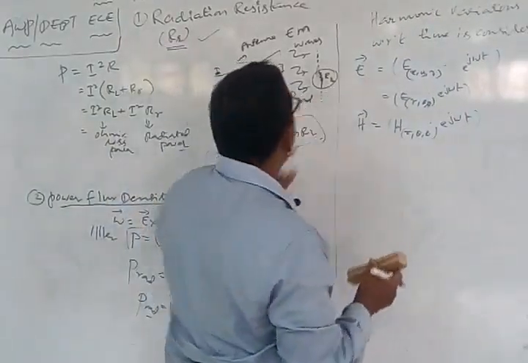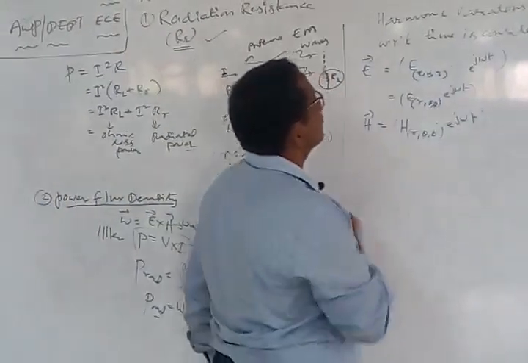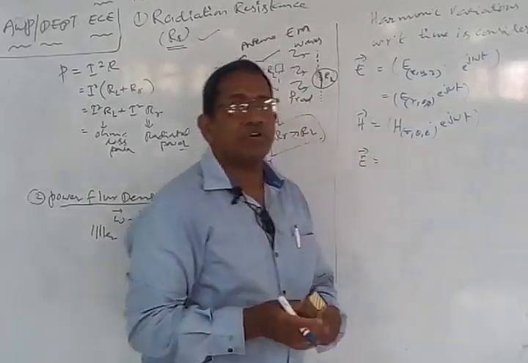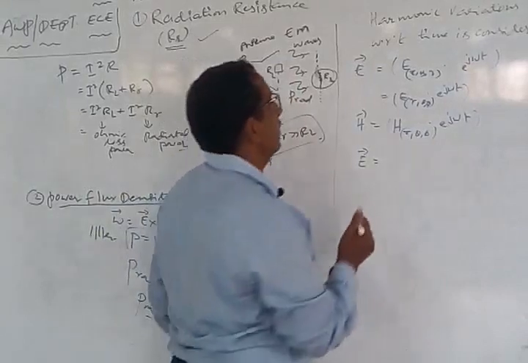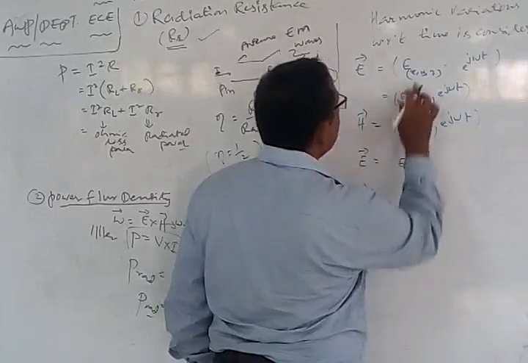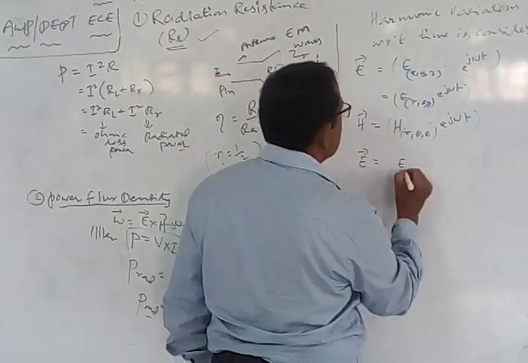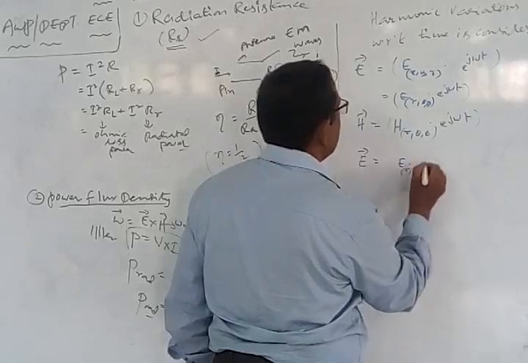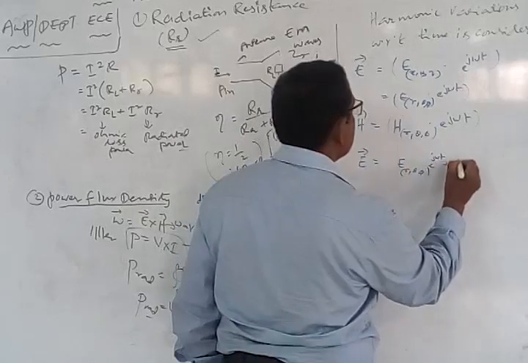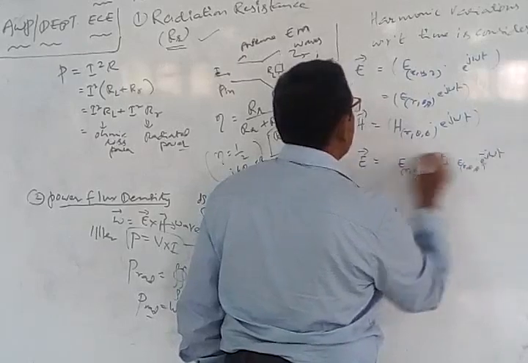Now we have to use these equations to find out the flux density. To find the flux density, first let us write the entire equation, including the positive as well as negative spectrum of the electric field. So we can write E of xyz or r theta phi as E of r theta phi into e power j omega t, plus E of r theta phi into e power minus j omega t.